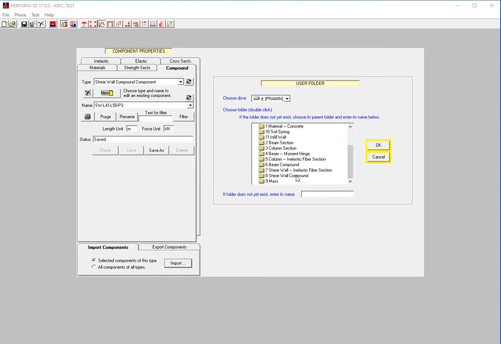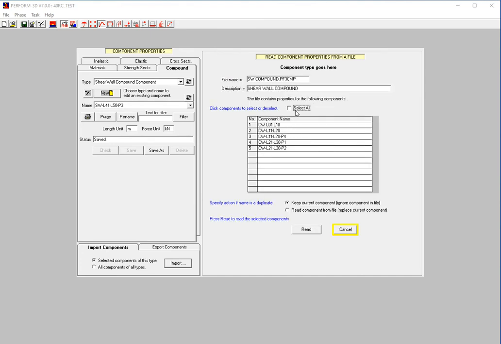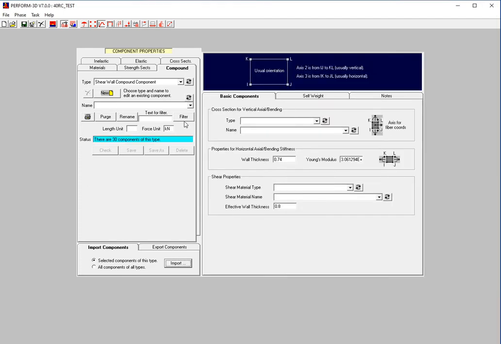Move to shear wall compound. Select the compound of the shear wall that was created by PX. Read. See the result. Now it is already imported to Perform.